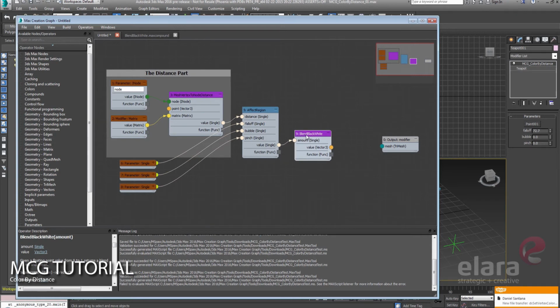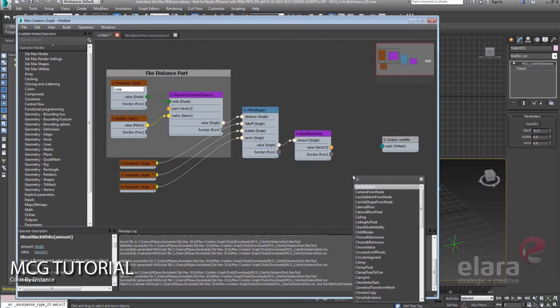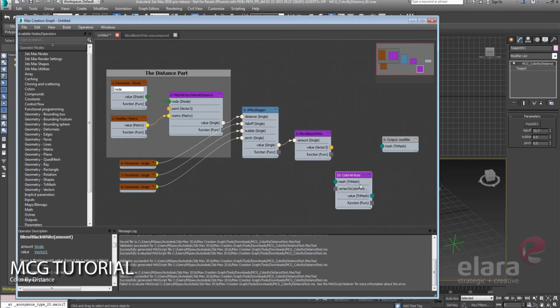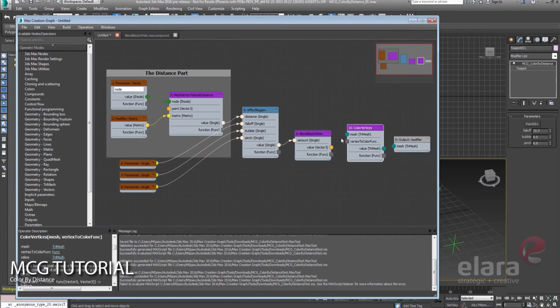We can see that we've got that guy there, but now we need to do something with this black to white information. We want to shove it into the vertices. So just pull in another node. We'll do color vertices. And we are almost there. So we're going to use this function and drive those color vertices. So for every vertex in our mesh, we are going to then color the vertices.